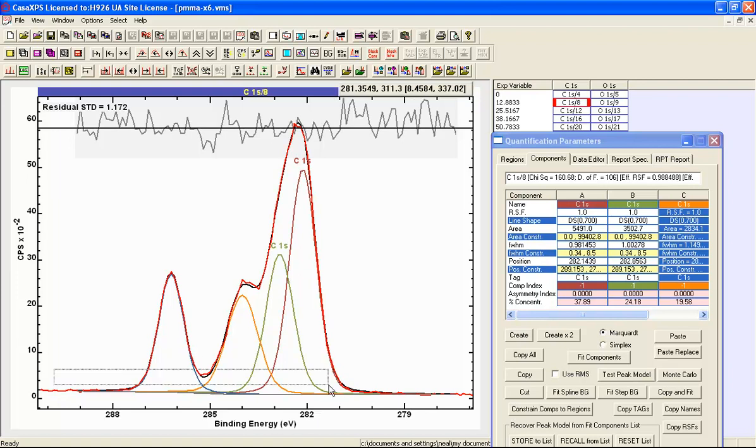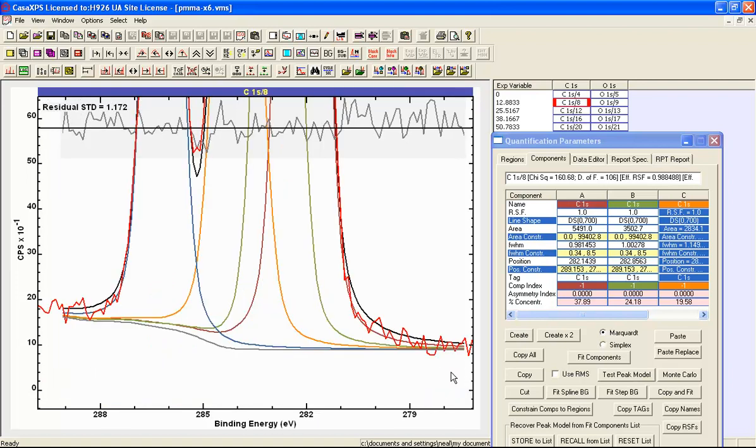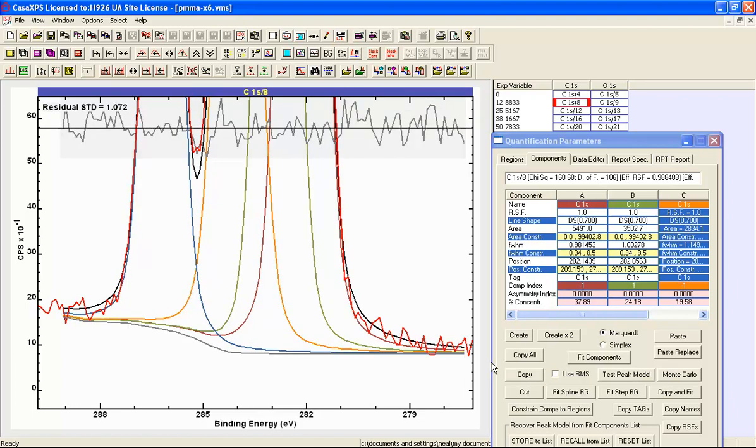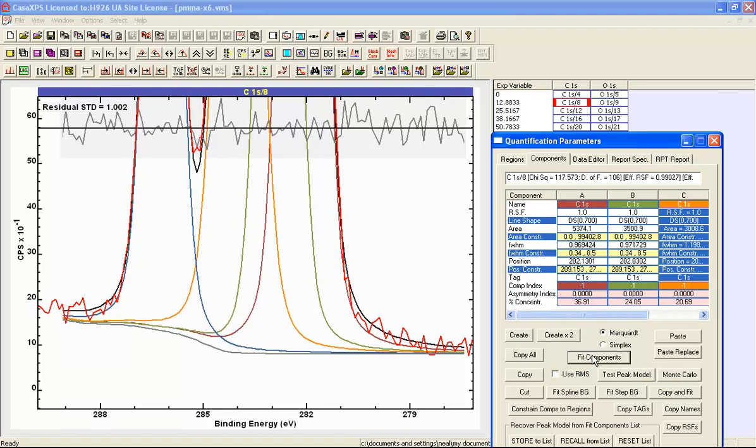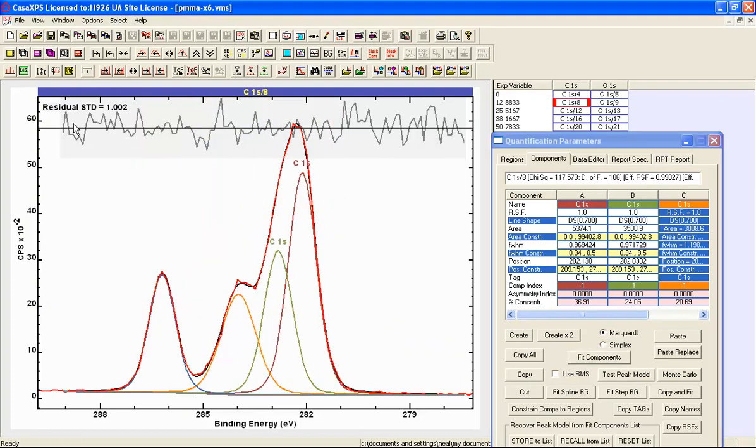So let me do another little adjustment on the basis that I can see there's a slight offset here, so perhaps I need to adjust the background a little bit, and perhaps also this end I can adjust the background a little bit, and then say fit. So we've started to get something close to unity for the residual standard deviation, and the residual itself is looking more uniform, so this is all boding well in terms of data reproduction,